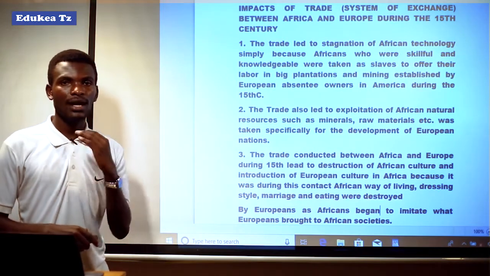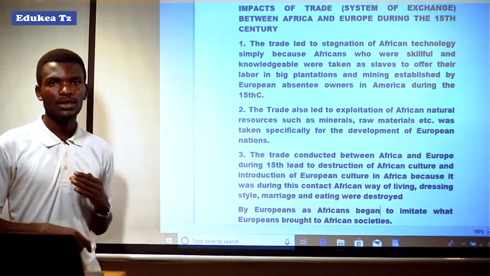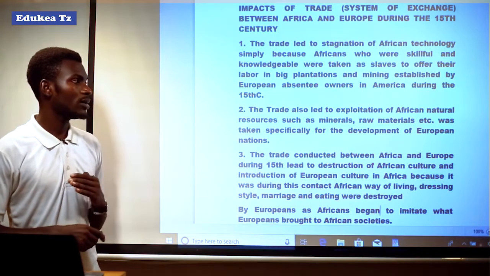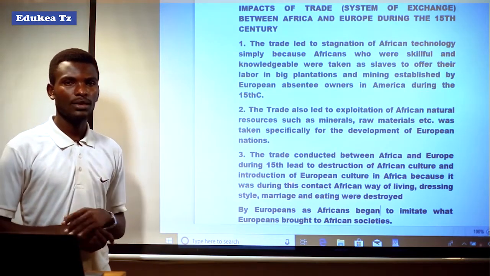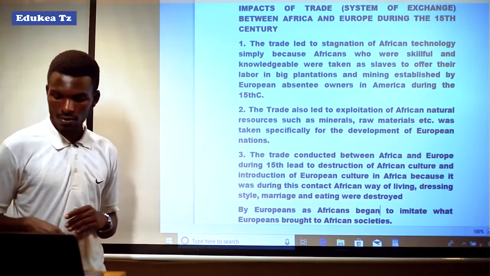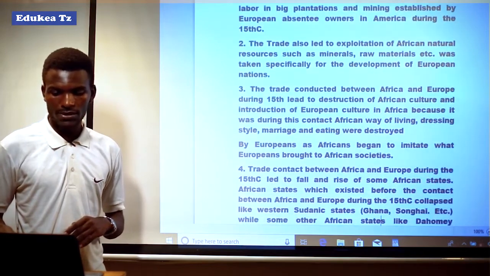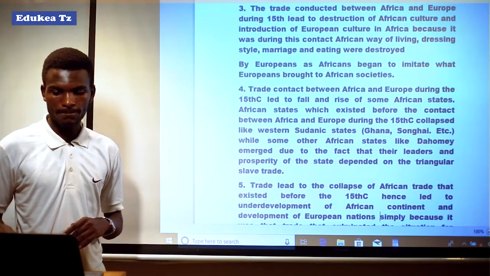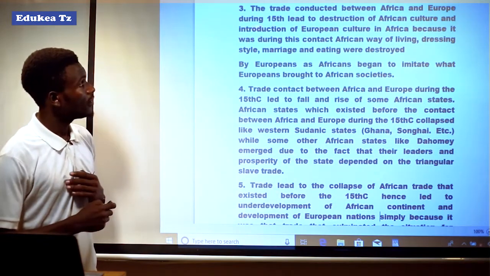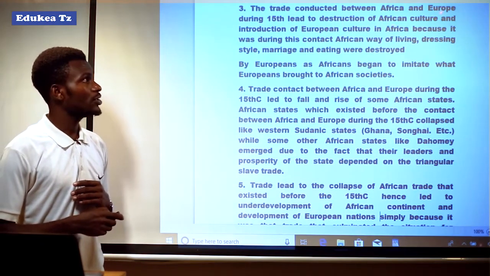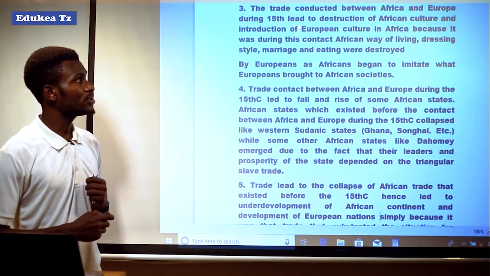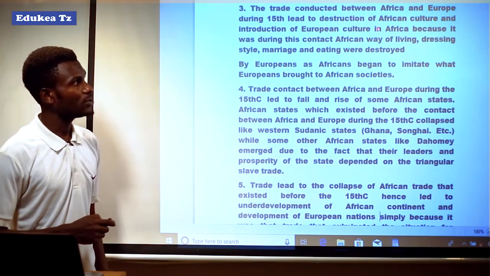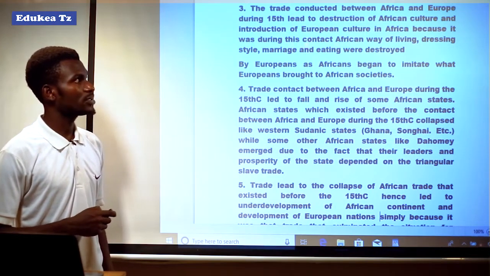It means that the African natural resources were taken to Europe for the development of European nations. Another impact was the trade conducted between Africa and Europe during the 15th century led to destruction of African culture and introduction of